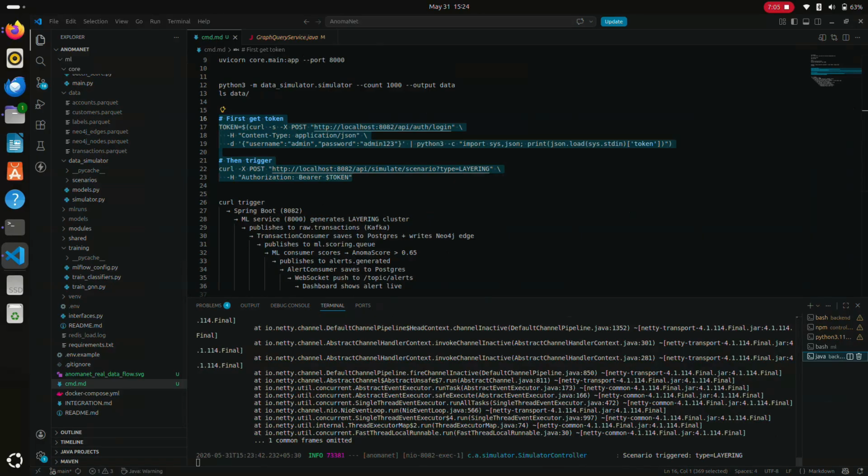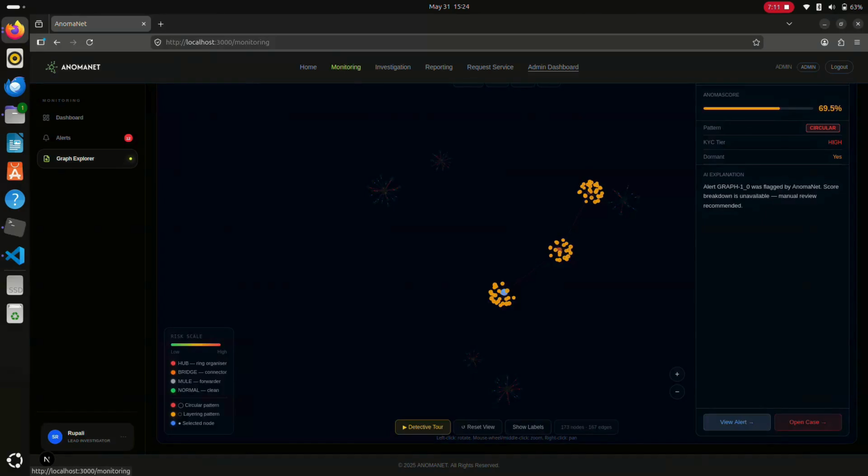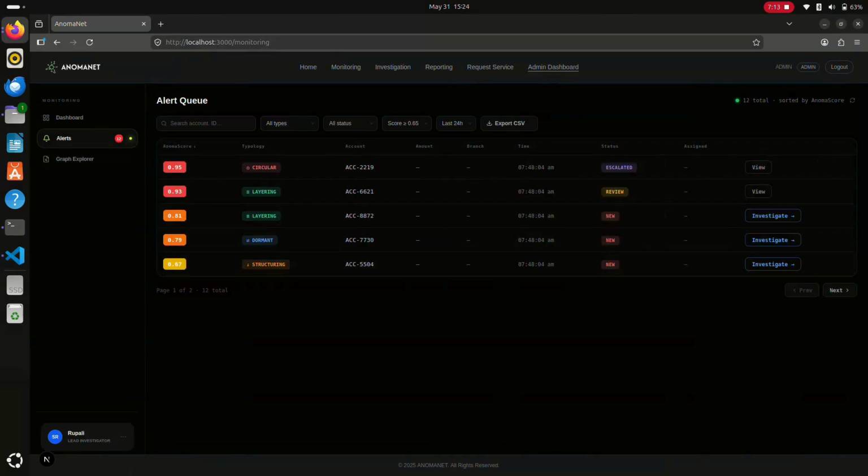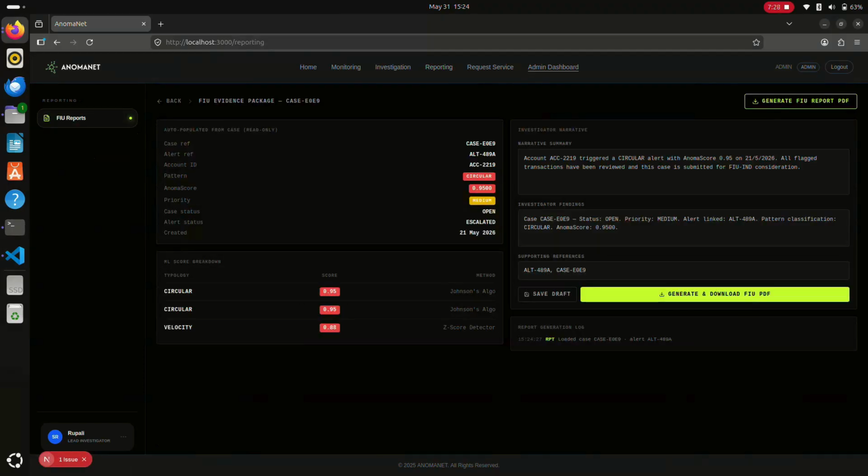So this is the complete input-output data flow. The data simulator produces synthetic transactions with labeled fraud typologies. At runtime, transactions enter via Kafka's raw transaction topic. The backend saves them to Postgres and writes graph edges to Neo4j. The ML service scores each one using 5 models with a composite anomaly score. If the score crosses 0.65, an alert is published to Kafka, saved to Postgres, and pushed to the frontend in real time via WebSocket. Analysts review alerts, explore the graph